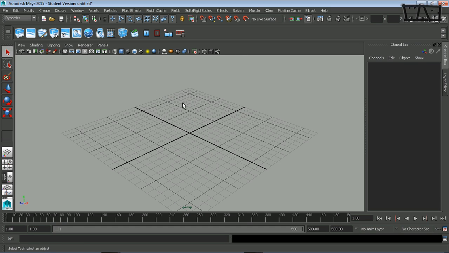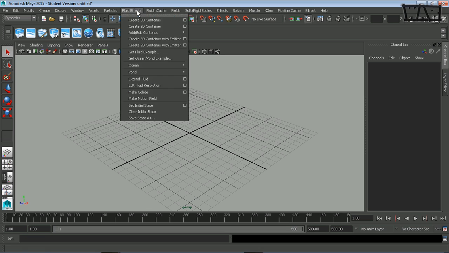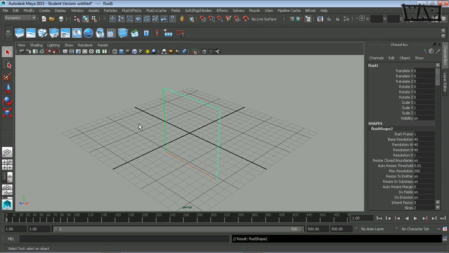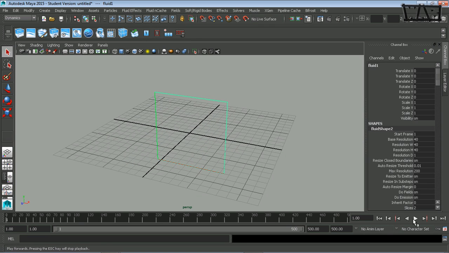you'll go to the Fluid Effects menu and create a 2D or 3D container. I'm going to create a 2D container, and there it is. If I click play, I got nothing. Well, that's because there's nothing being emitted. It's a container that's made to show off what smoke is when it has smoke in it. But it doesn't have smoke in it or fluids in it. So we need to put those fluids in,